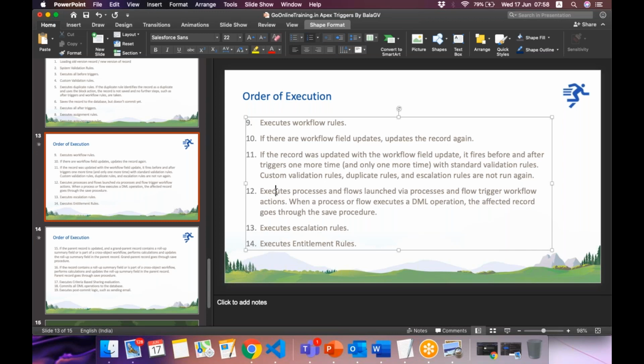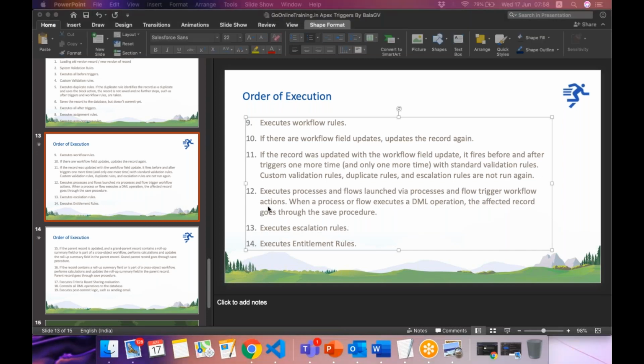Then executes all the process. So now all the process that are created using process builder will execute here. Okay. Executes process and flow, launch via process and flow trigger workflow actions.